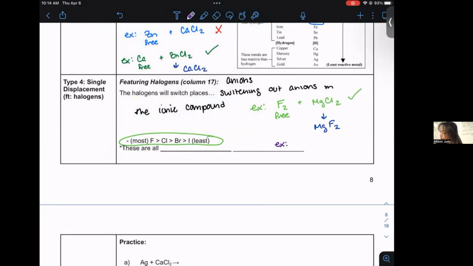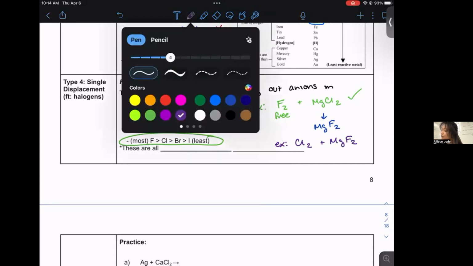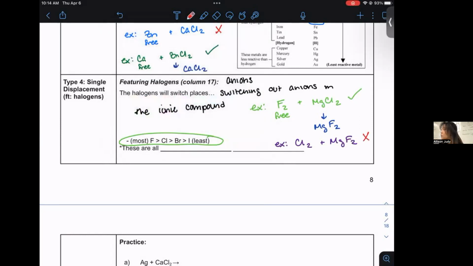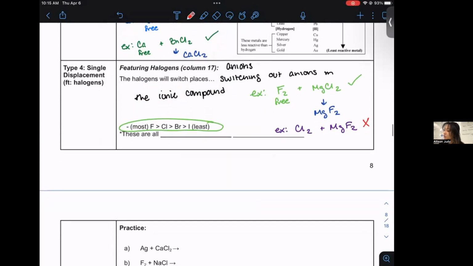On the other hand, if you were to do chlorine 2 and magnesium fluoride, this would not occur because fluorine has way better reactivity, way better deal. You won't go through the process of doing all that messy breakup for nothing, unless you're just a glutton for punishment or like a psycho. Okay. So you can force undesirable reactions to occur. It just takes a lot of work and it's really unstable, but it's possible. Just kind of like in life. Doesn't usually work out great in the end, but notice